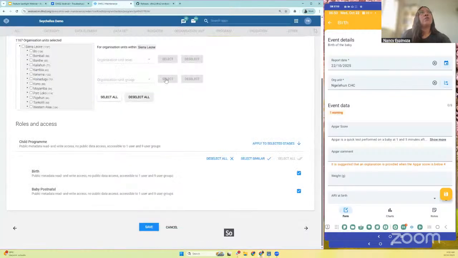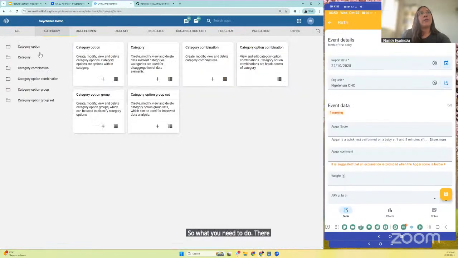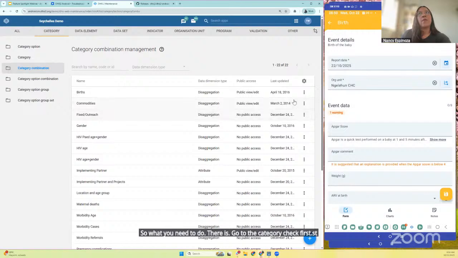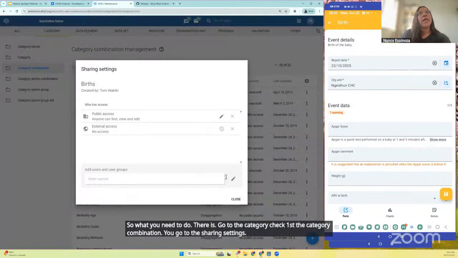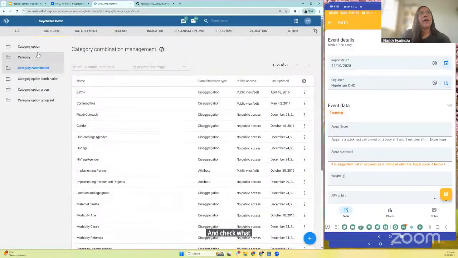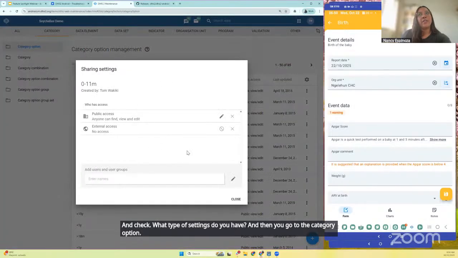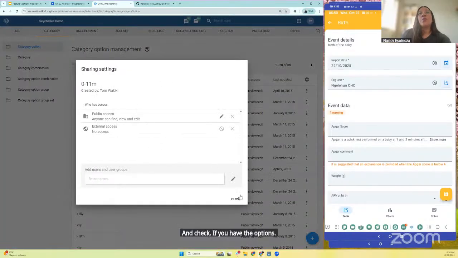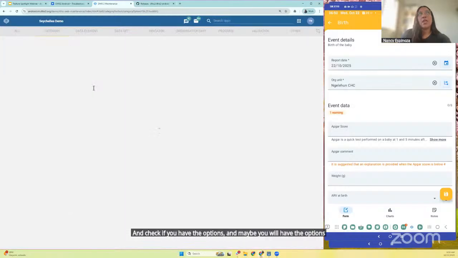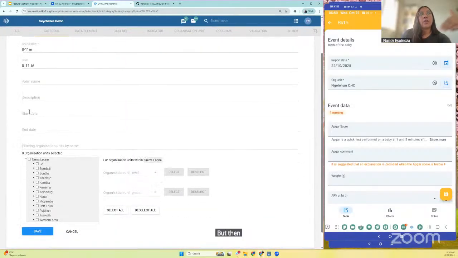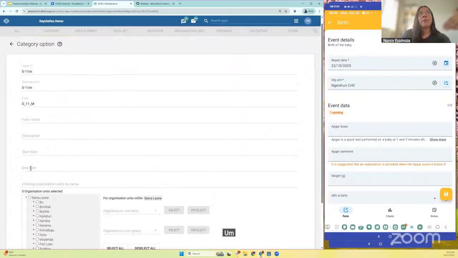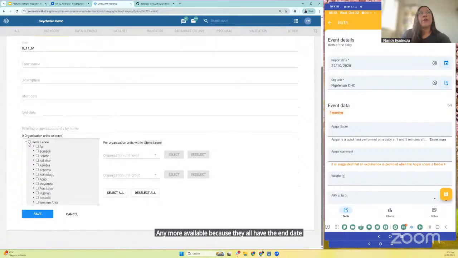So what you need to do there is go to the category, check first the category combination, go to the sharing settings and check what type of settings you have. And then you go to the category option and check if you have the options. And maybe you will have the options shared correctly, but then you need to check if it is expired, so probably you don't have any more available because they all have the end date and it's already expired, or